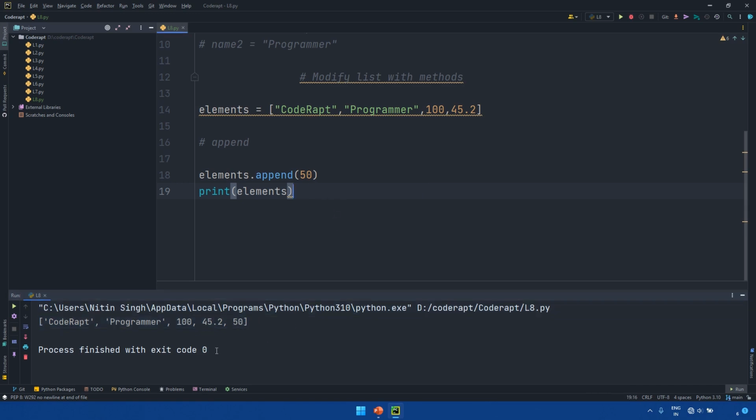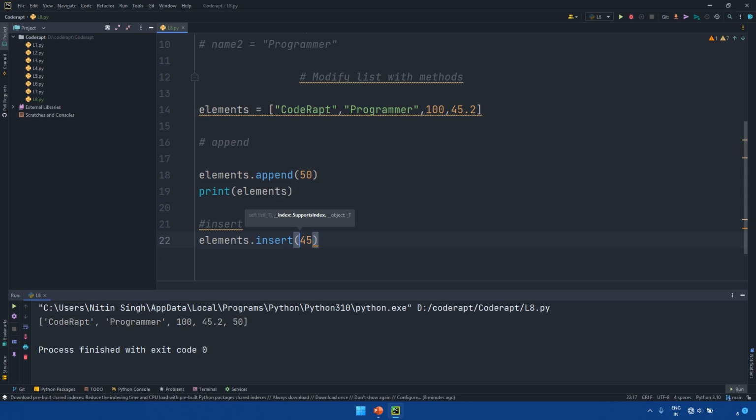Similarly, if you want to add any data at a particular position, right? If you want to add 45 after the code wrap, then you can use the other method which is insert. Let's say element dot insert. I want to insert 45, but at which index? I want to insert that 45 at index number 1. So now let's print this list,